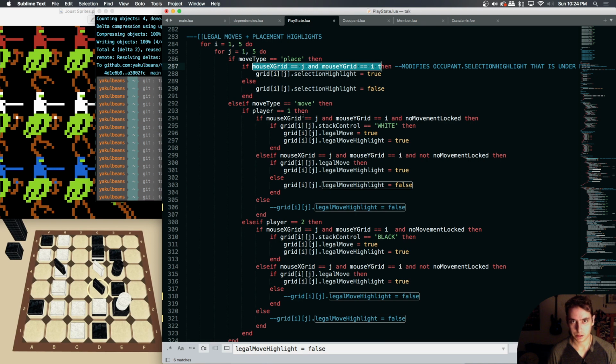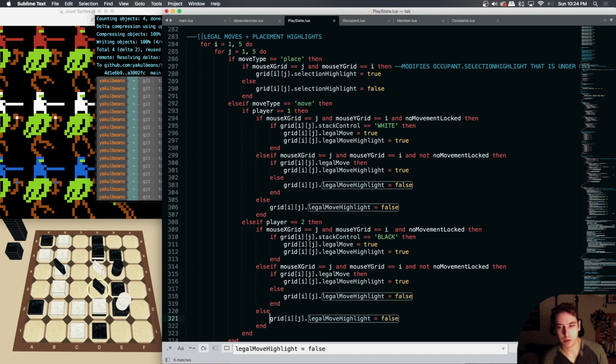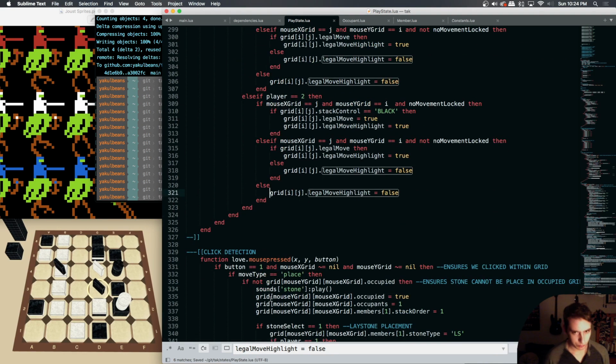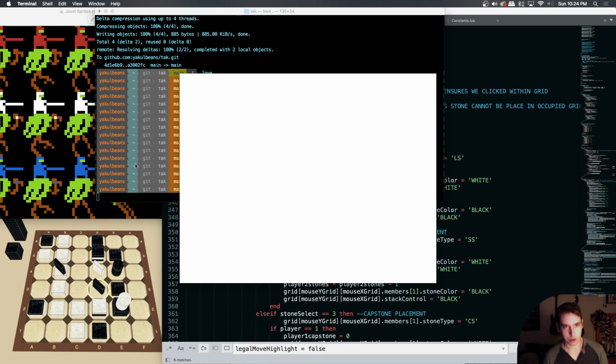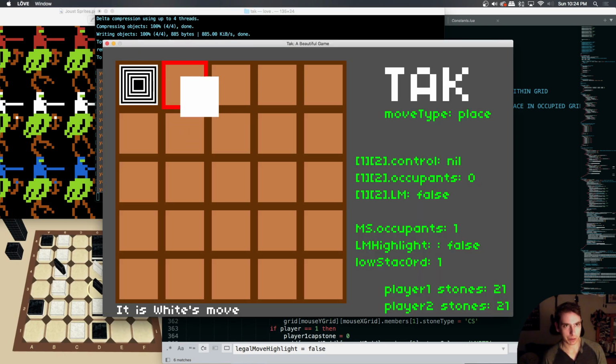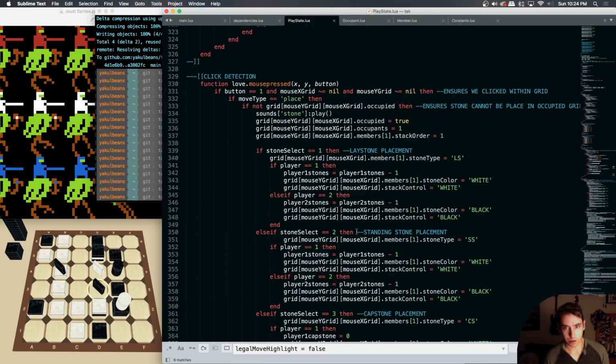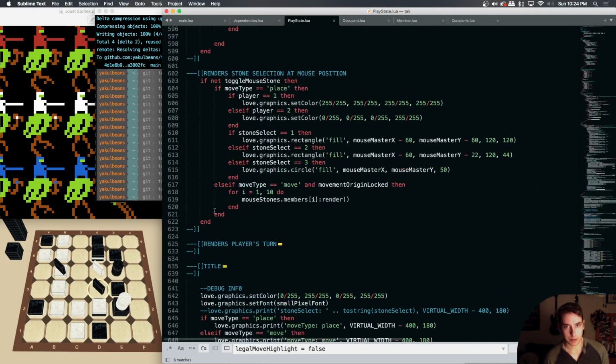If mouse grid is, so we need to falsify those things now. Actually, I'm curious if we just run it here. It should do the same thing where it renders all legal move highlights regardless of where the mouse is. I'm just going to double check. It does. So now if we update this,